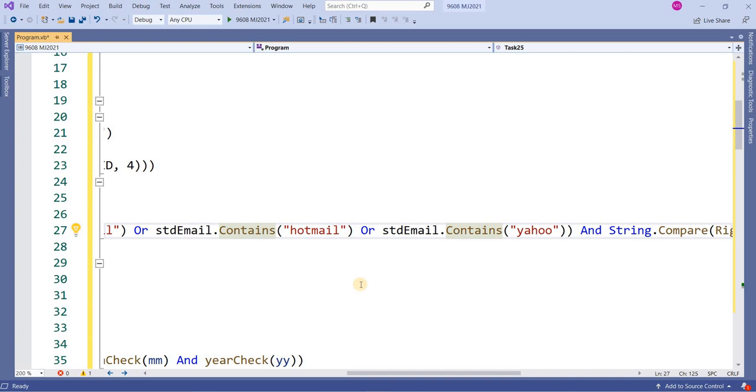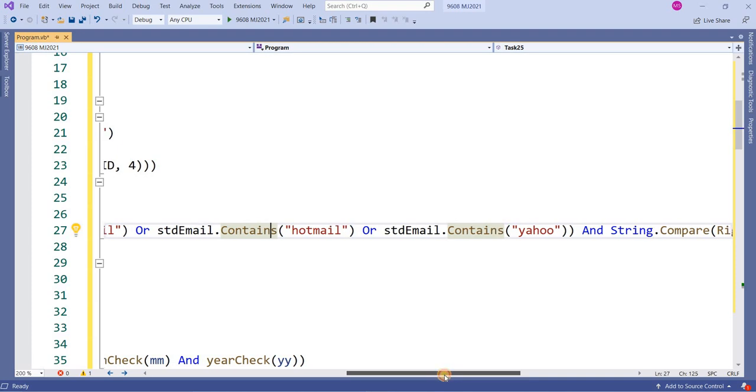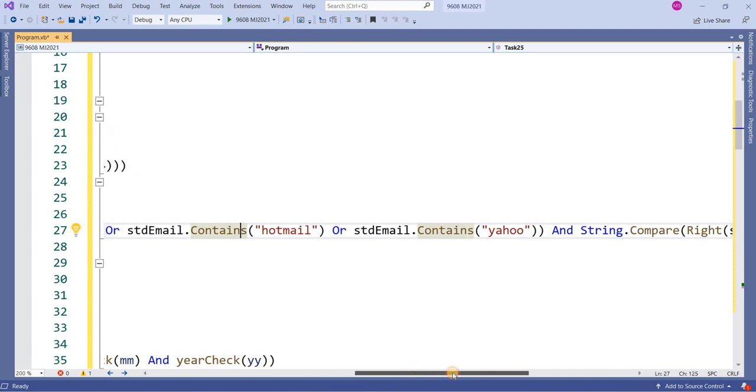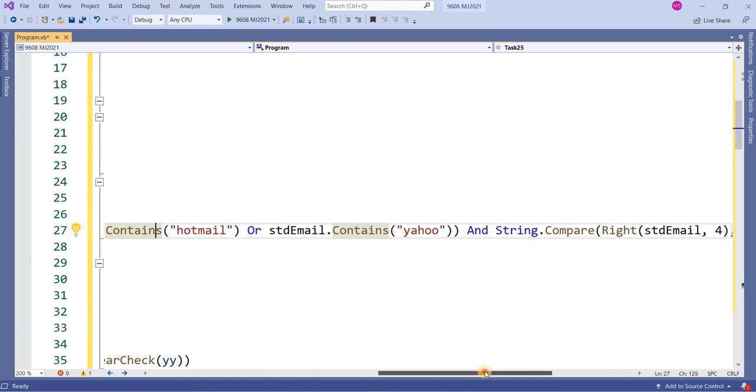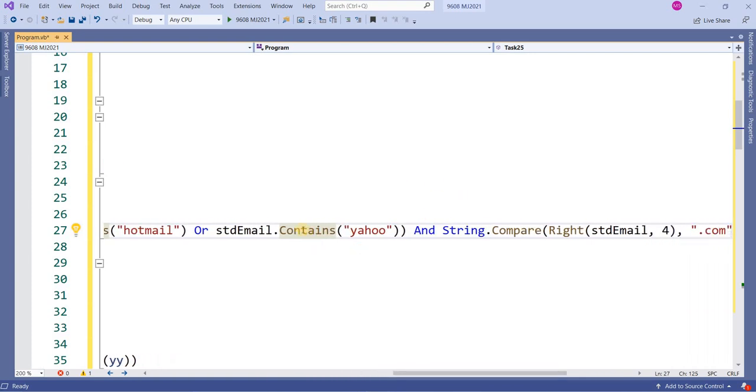There is an expression we could apply using regular expressions, but I don't want to go into that detail. I have just written it in a simple format. You can implement Hotmail, yahoo.com, MSN, and other domains that you want to use for your school.